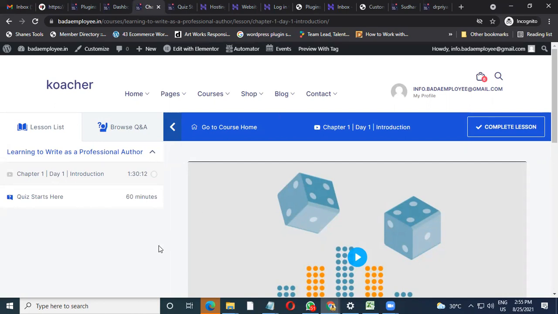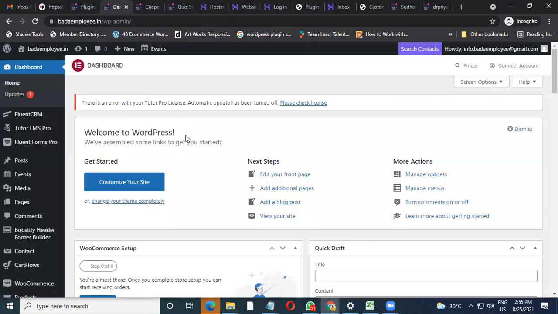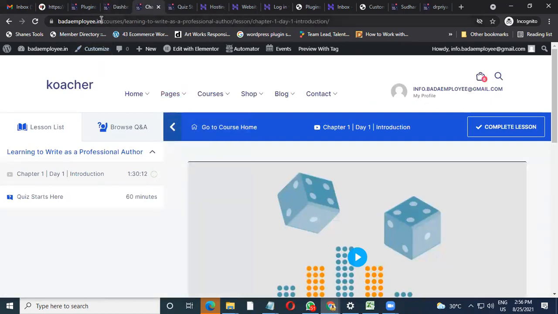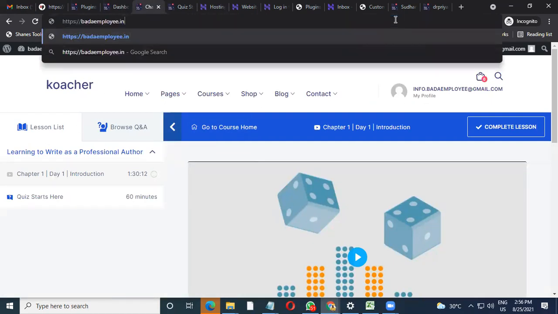So to activate those features, what you need to do is go into the admin dashboard area. Now the admin dashboard area looks very similar to your WordPress. It is a WordPress admin only, but the tools there are a bit different, and I'll guide you on those areas too. But before going into the admin, I'll show you the design area, how you can change the design structure of your site.